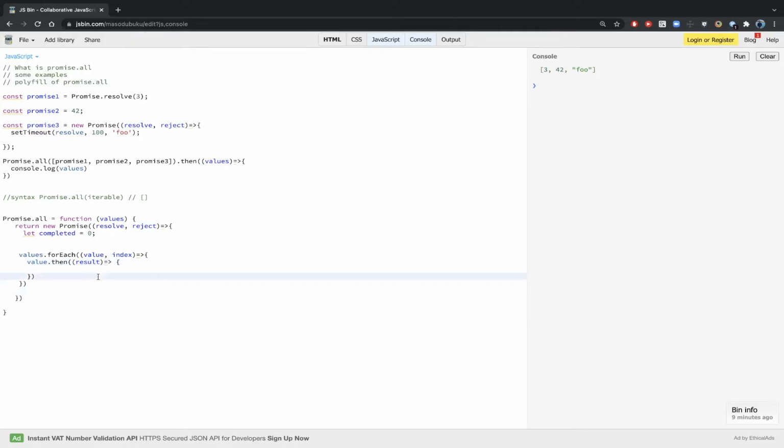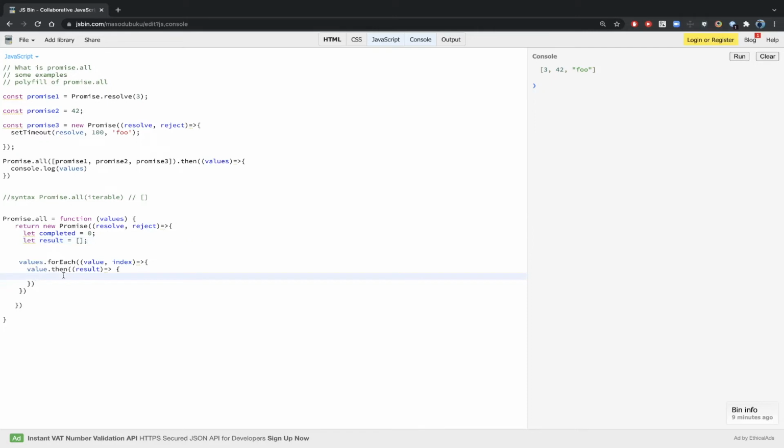Also, once it resolves, we get a value, right? We have to return an array. As we have seen, it returned an array. That is why in the console we can see the values 3, 42 and 4 in the previous example. So we have to return an array which has all the results. That means we should have a results array.